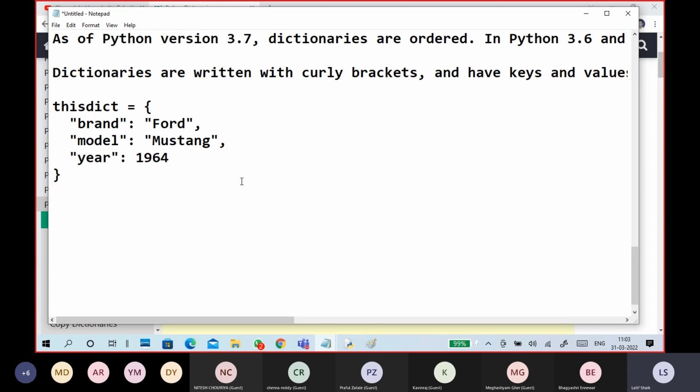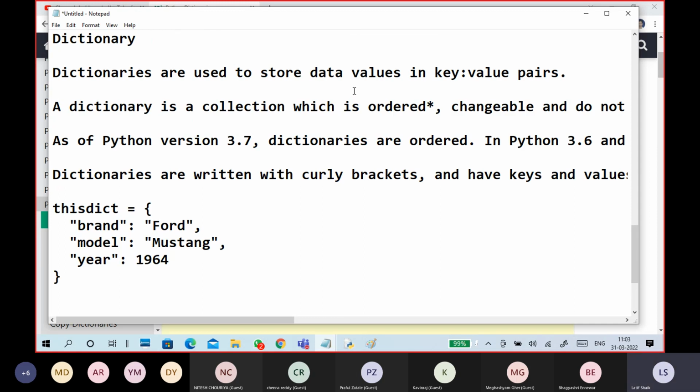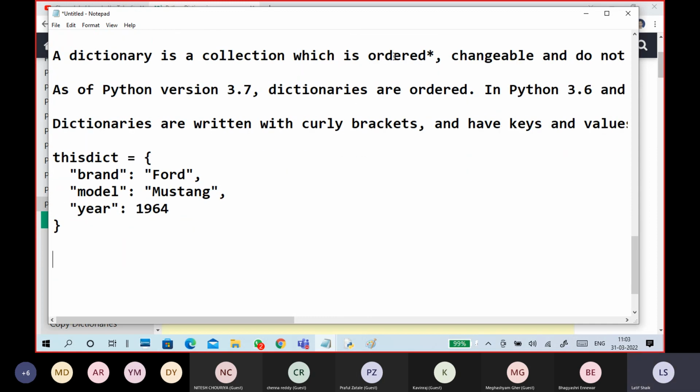It is ordered, but there is a star. Ordered means there is no specific order, only key order. It is changeable. We can change the data based on the key. So we'll see that one.